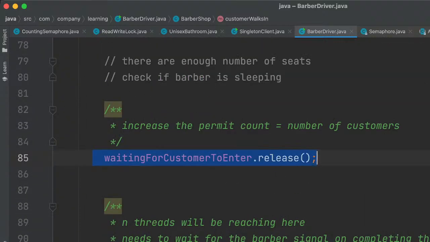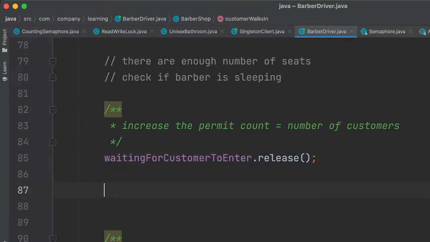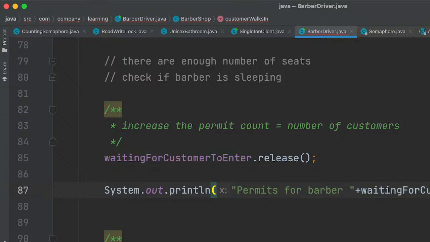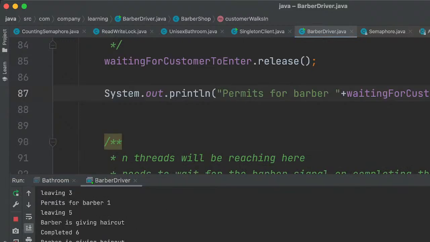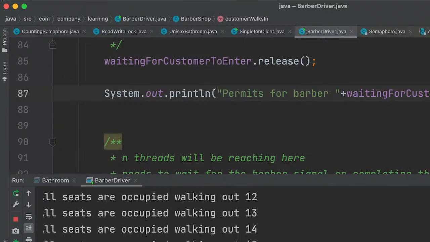So let's see. Permits for Barber. Yeah, see, permits for Barber.